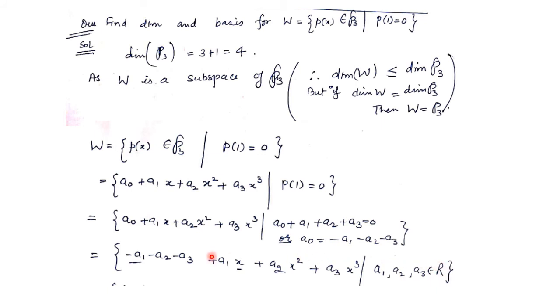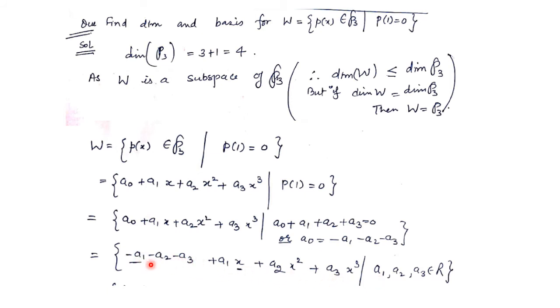So once again, whenever we have to find the basis and dimension of any subspace, first of all open that subspace. Put whatever condition is given to us over here and reduce the scalars. Now this polynomial has 4 scalars, A0, A1, A2, A3. Under this condition, one scalar is removed. We can substitute the value of one scalar in the form of others. So now this set has become this. This set has 3 scalars.